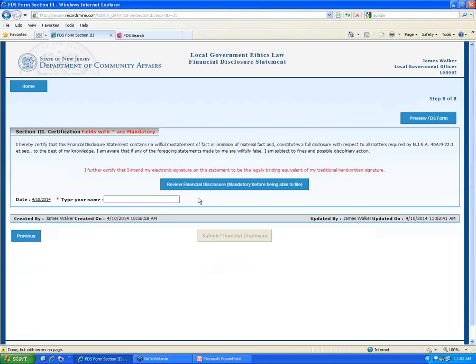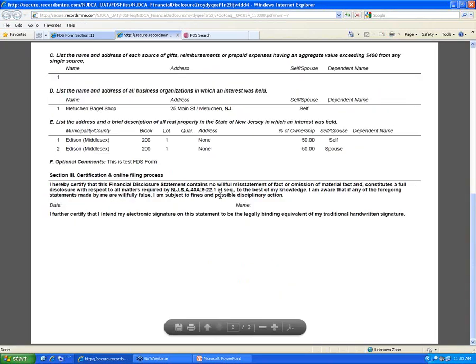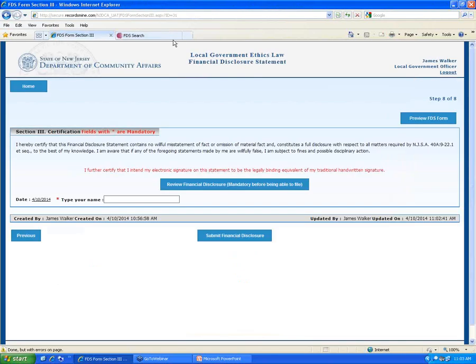Now, on this screen, this is the final screen. This is step 8 of 8. This is where they're actually going to submit this form. Now, one of the things I want to point out real quick, I'll just show you down here. I'll circle it. You'll notice that my Submit Financial Disclosure button at the bottom here is grayed out, okay? I cannot submit this form until two things occur on this screen. If they haven't already previewed their FDS form, we're going to force them to take a look at their form, okay? They're going to have to click on this Review Financial Disclosure form first before they file, right? So they'll click on that. It'll open up the form. They'll view it, right? So we're forcing them to view the form.